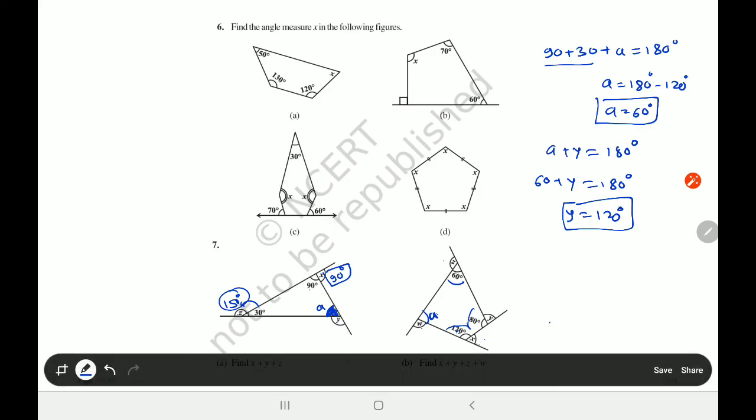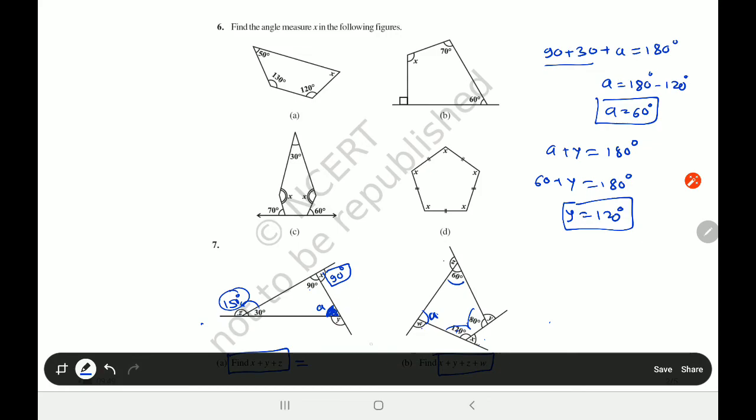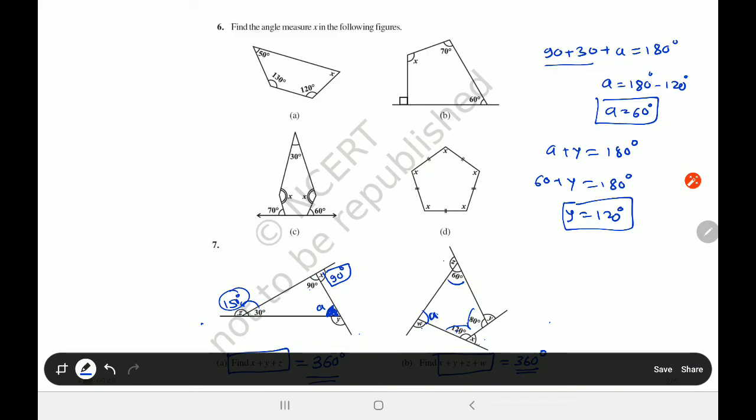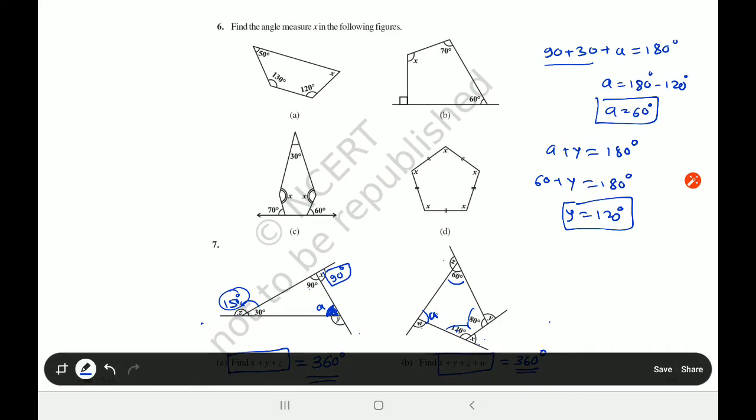But of course, another thing asked here is, it is not asked to find out x, y and z separately. What is asked to find out? x, y and z का addition. Here x, y, z, w का addition आपको find करने के लिए बोला है. And you are going to be surprised here because both answers are going to be the same. मतलब यहाँ पे भी आंसर 360 आने वाला है और यहाँ पर भी आंसर 360 आने वाला है. ये है मैजिक ऑफ मैथमेटिक्स. इन बोथ द केसेस द एक्सटीरियर एंगल्स का एडिशन कितना आना है, 360 आना है. देख लो, if you are going to get the answer, you can verify. It is really interesting to get the answer.